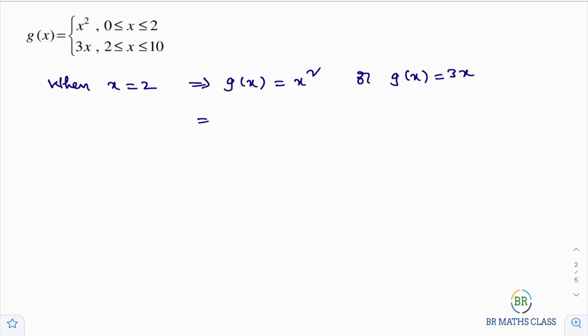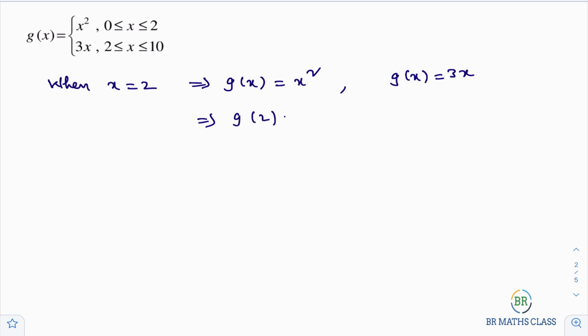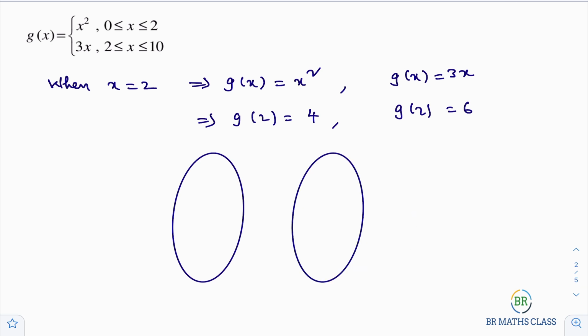So here when I calculate g of x, g of x can be taken as x square, and g of x can be taken as 3x also. In place of x, if I write 2, what will I get here? I'll get g of 2 equal to 2 square, and g of 2 equal to 3 into 2, which is 6, right? So 2 square is 4. So g of 2 is 4, and g of 2 is 6. Actually, we learn these things in functions while doing exercise problems. You observe, 2 is there in the first set and 4, 6 are there in the second set. Here we got g of 2 equal to 4, and g of 2 equal to 6. You observe here, 2 is related to 4, and 2 is related to 6 also.